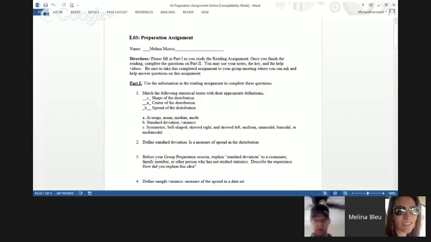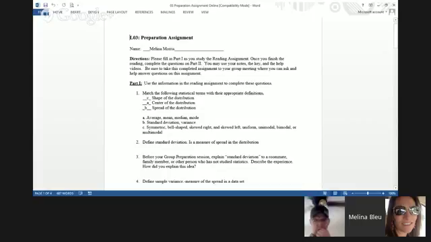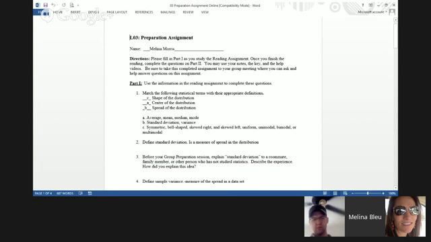Okay, number 8: compare the results you obtain with others in your group and describe the differences and similarities between the graphs. So they want us to talk about shape, center, and spread of the different graphs and data sets. So basically, we have either symmetric, bell-shaped, or bimodal, unimodal, or multimodal.